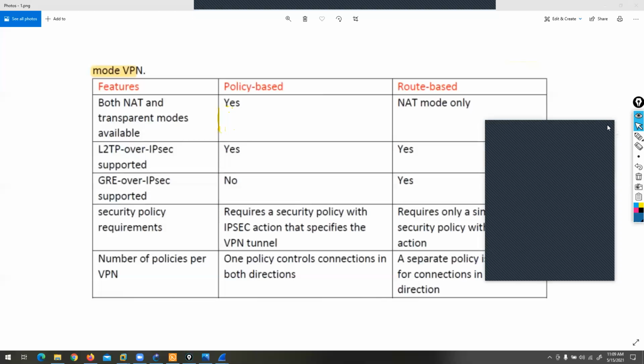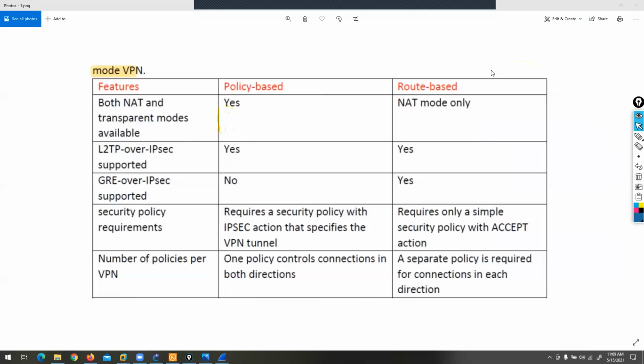Okay, now, what we completed in IPsec site-to-site VPN, policy-based VPN on FortiGate firewall. Second, we have what, policy-based. So actually, we have two options for site-to-site VPN implementation. First is route-based, second is policy-based. What is the difference between policy-based and route-based?